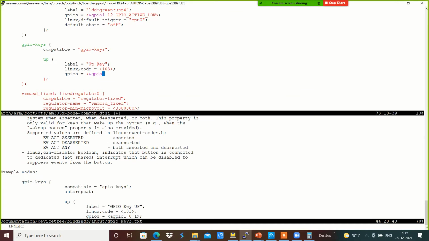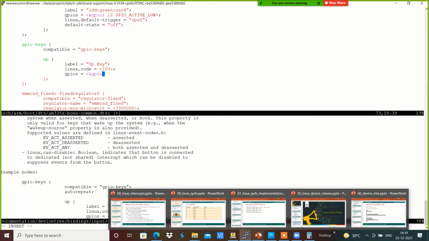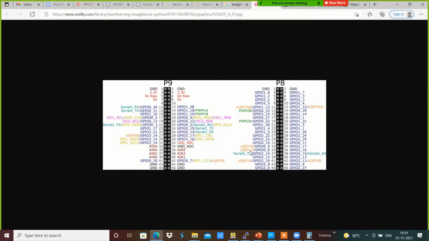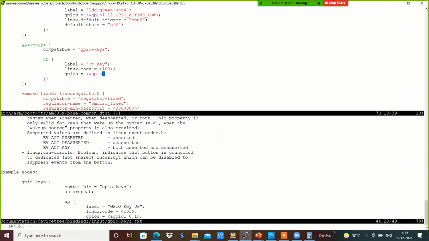GPIO, okay, it starts from 0, which is GPIO 2_3, and it will be GPIO active low over here.